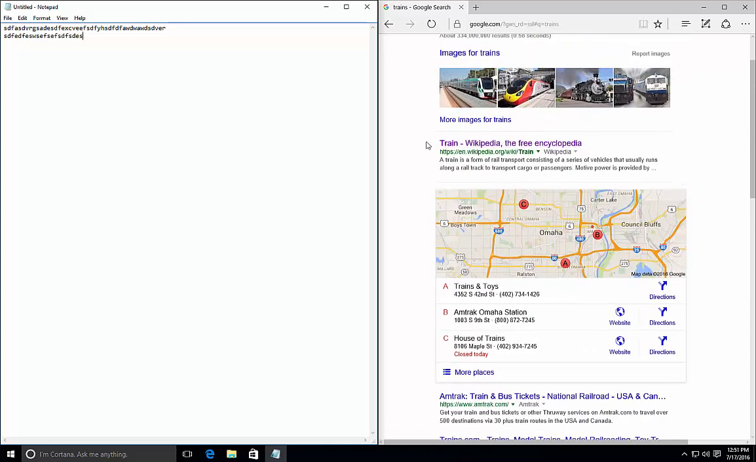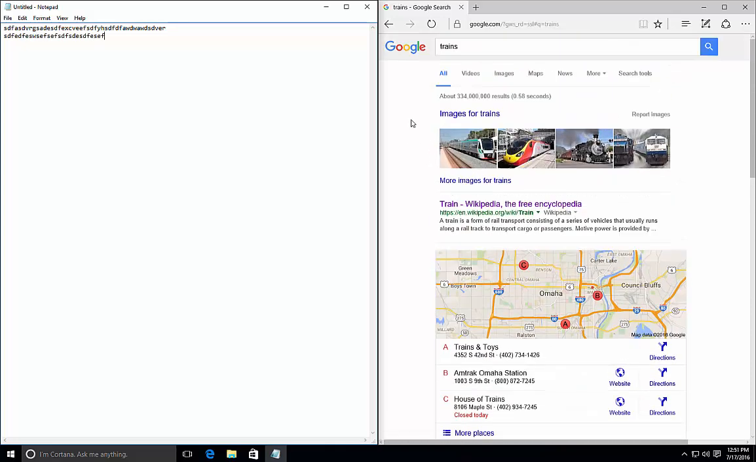I can't, there's no reason why I need to actually click in this window to do anything. So this is extremely useful for situations where if you're doing a research article or something and you need to